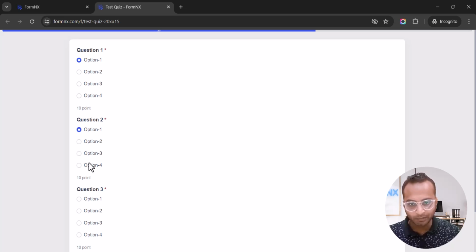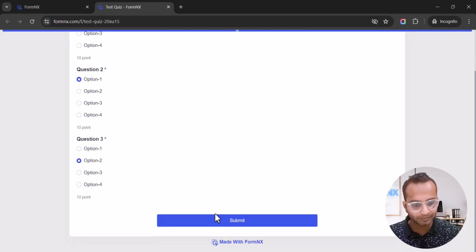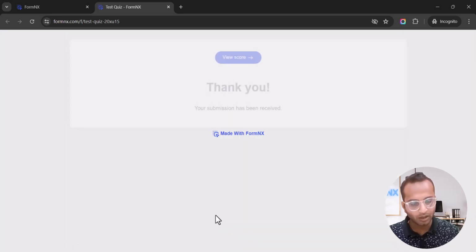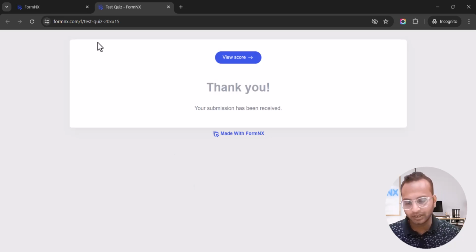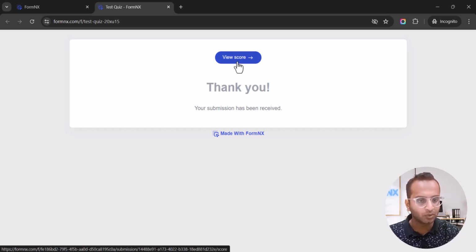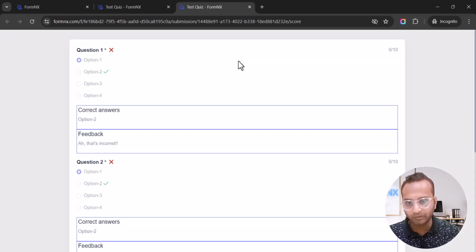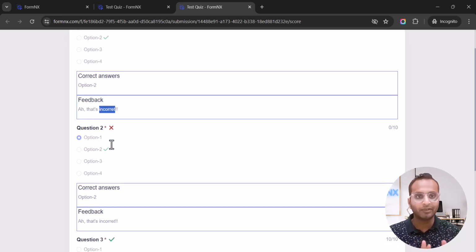So let us preview the quiz here. Okay, so here we filled out the form and it shows a thank you message, and also an option to view our scorecard. In this scorecard, it gives us complete details of our questions and whatever answer was given by us. So this is question 1, where I selected the wrong answer. The correct answer was option 2, and it is giving me some feedback here. This feedback is very useful